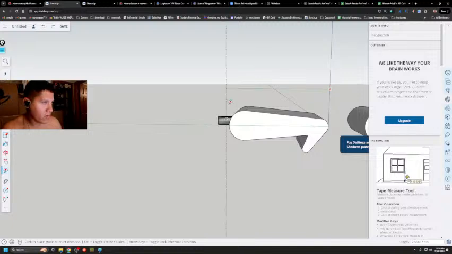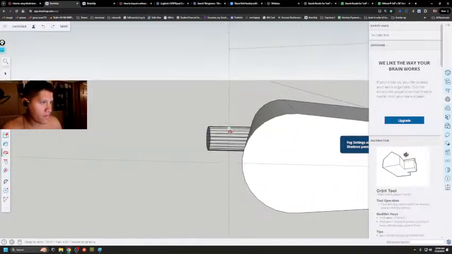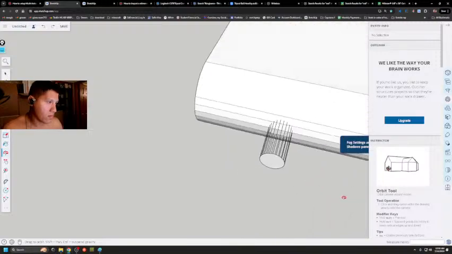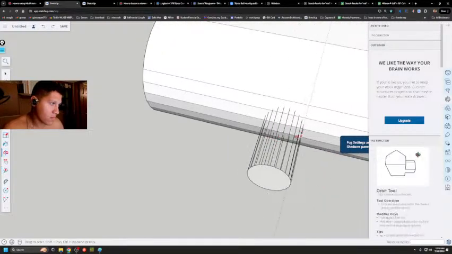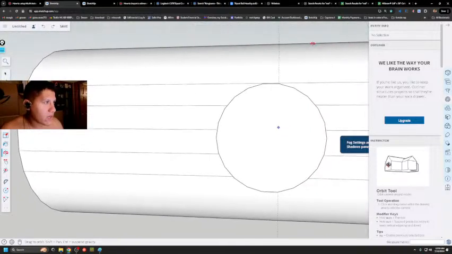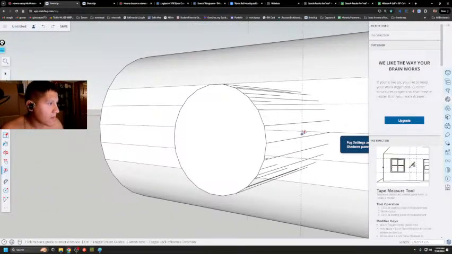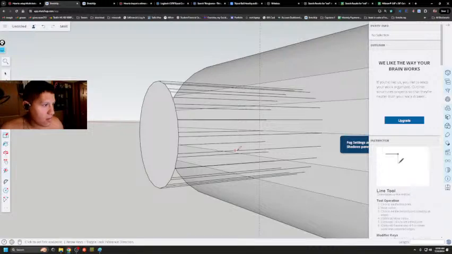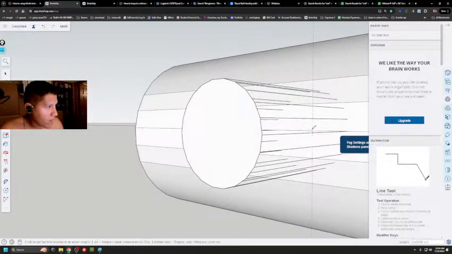Maybe off this blue line. I don't even know if there is a top mid. I think there's a side mid. There we go. And then if we go from here,